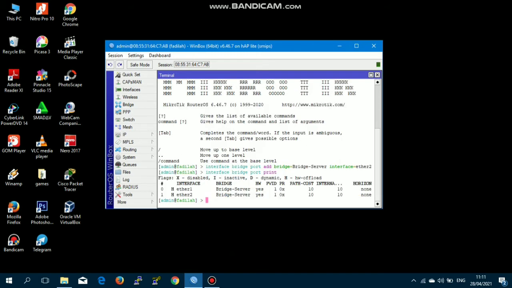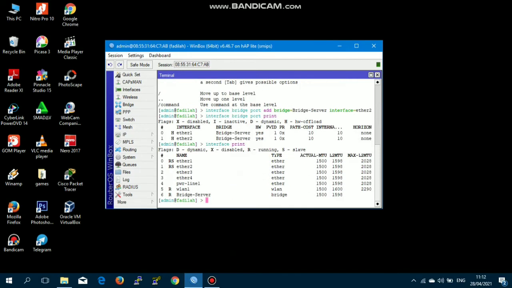We can see here that Ether1 and Ether2 have successfully entered the bridge interface that we created earlier. Check the interface again with the interface print command. If we see here that there is an S or slave sign, which means that the port has been connected to the bridge server and running, it means that it's currently connected to the router port.